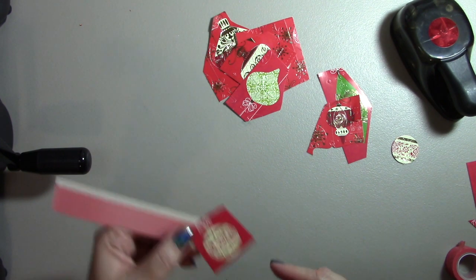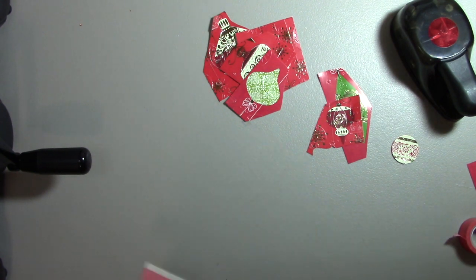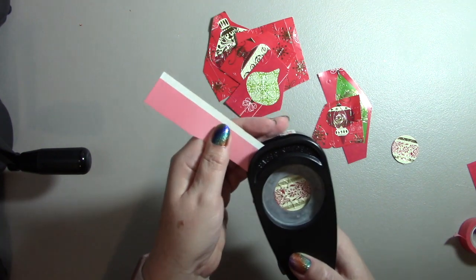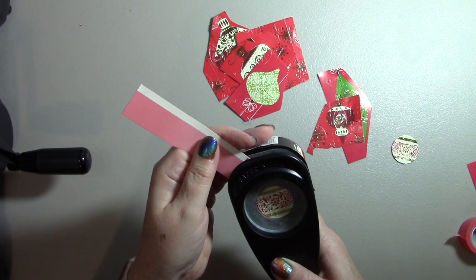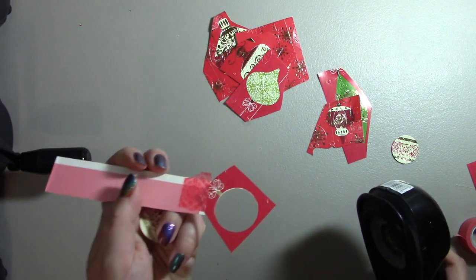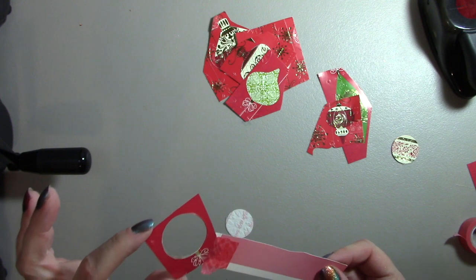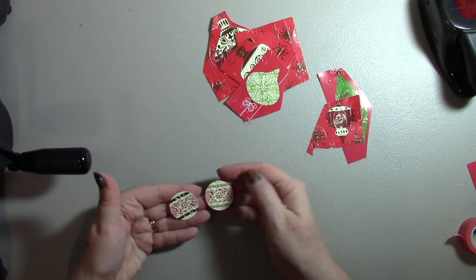Now I have a handle. And I can hold it and line it up into the punch wherever I need it. Real easy. You see how that works? And punch it out. So you've got your little handle there. Just be careful not to double this paper or tape over the part you're punching, because then it can make it really hard to punch because you're going through two thicknesses. So I have these two,